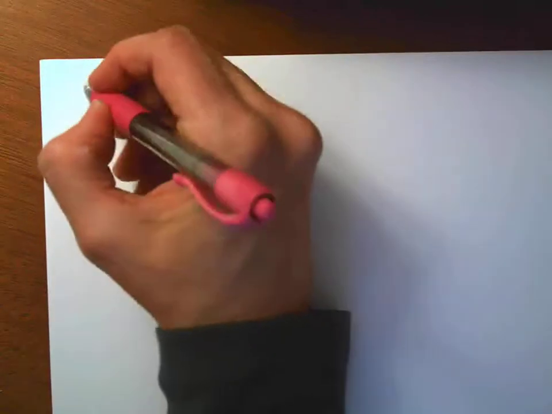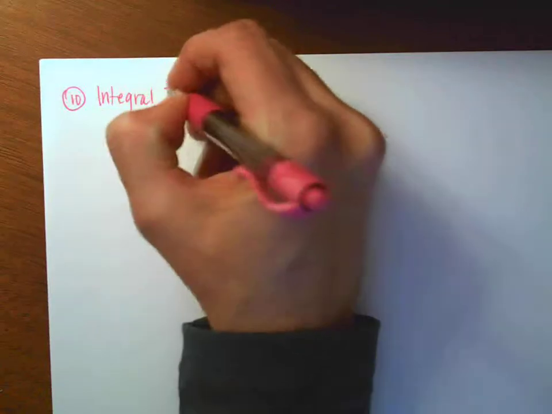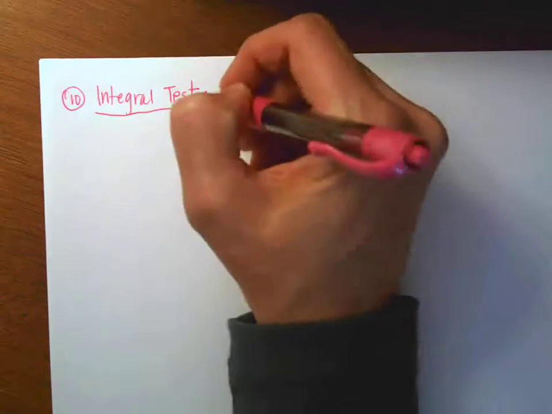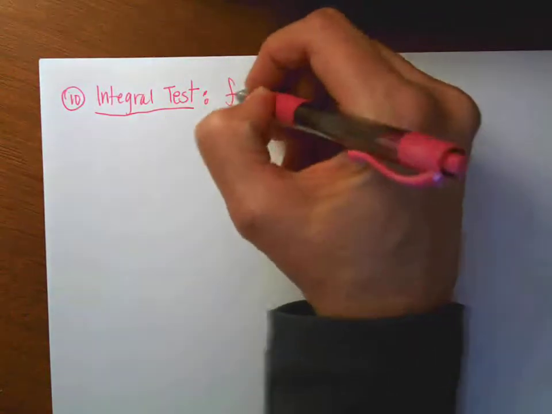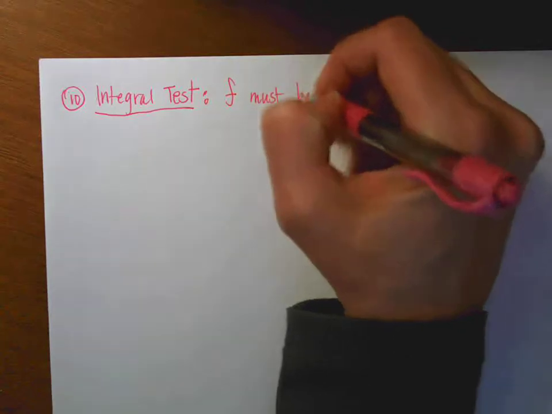The next one that we have, what number am I on? I'm on number 10. So these are just things that we've done already. The last test that we talked about was called the integral test. And so this one has some criteria that have to be met. So the original function must be positive,